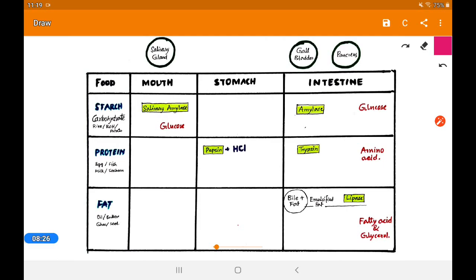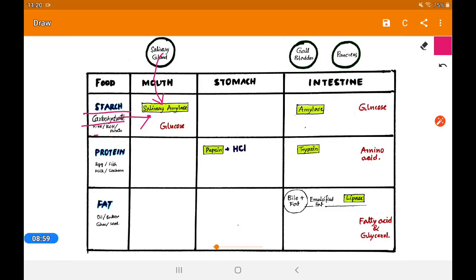First we are taking the starch containing food. Actually we are taking food at a time. We know that we are not taking separate starch, separate protein, separate fat. But in digestion the process takes place separately because separate enzymes are involved. When starch goes inside our mouth cavity, salivary amylase is secreted from the salivary gland,